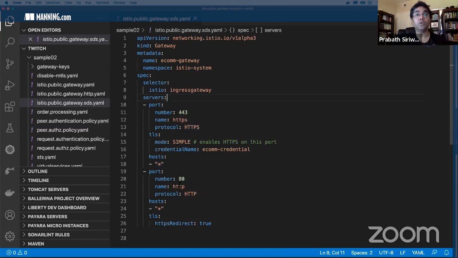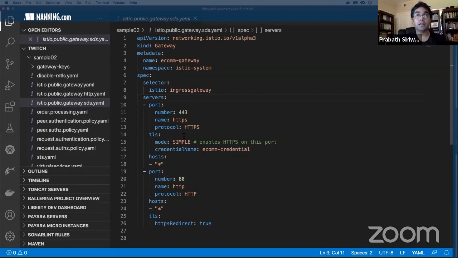Also, any HTTP traffic that comes to port 80, also pick this configuration, but redirect to HTTPS. But this itself doesn't say anything about the service. It only says pick this resource if any traffic comes to port 443 HTTPS. That alone is not enough for the Istio Ingress Gateway to route traffic to a given workload.